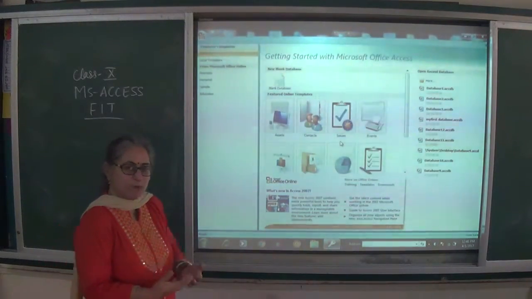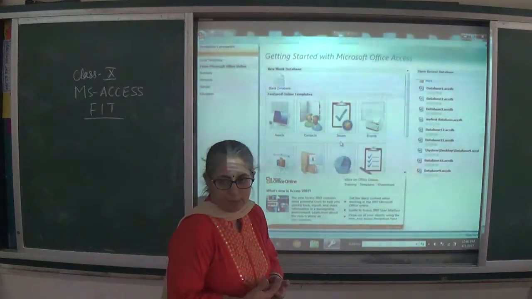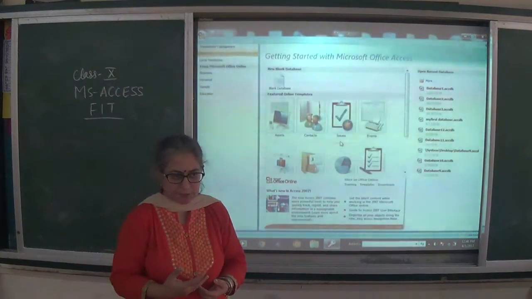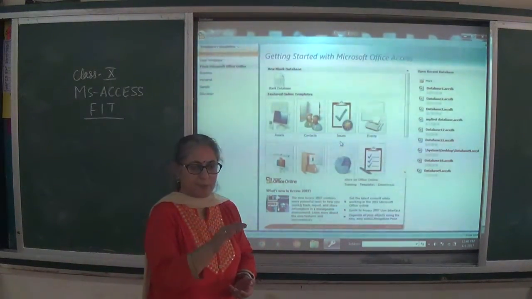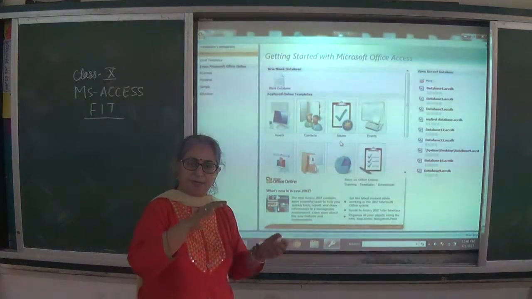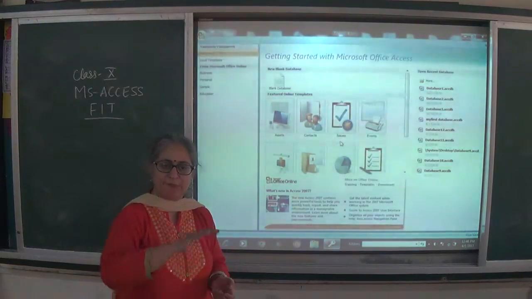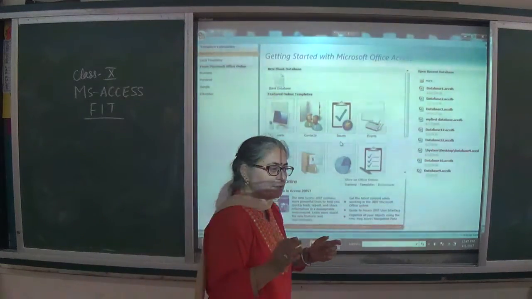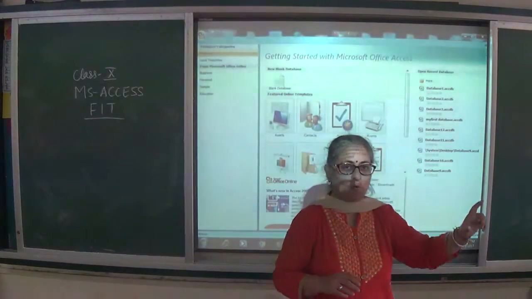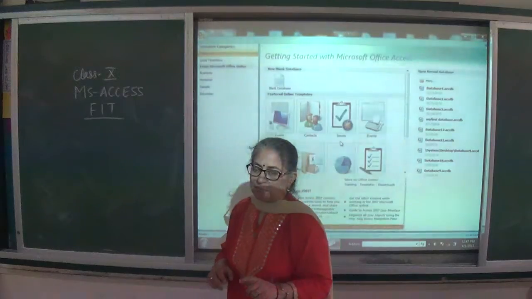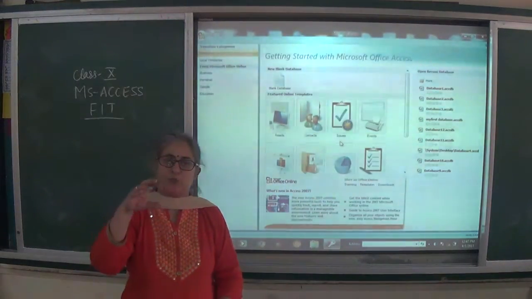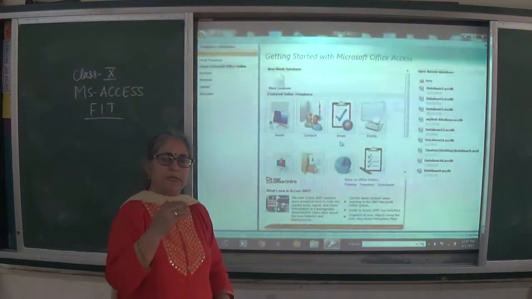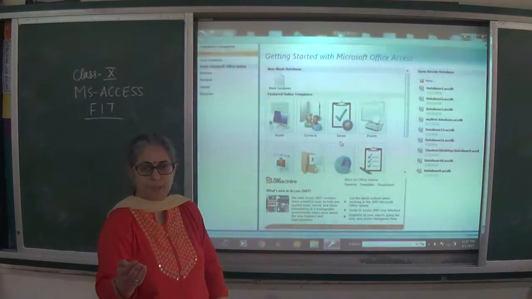Let's take the example of our school only. Now here you get the report cards, don't you? You're getting the report cards. When you are getting the report cards, you get the report card for the first term and then for the second term and the cumulative report card. Now that cumulative report card means the data of all the terms together. That means that data is to be stored somewhere and can be manipulated or can be converted into some other kind of report.